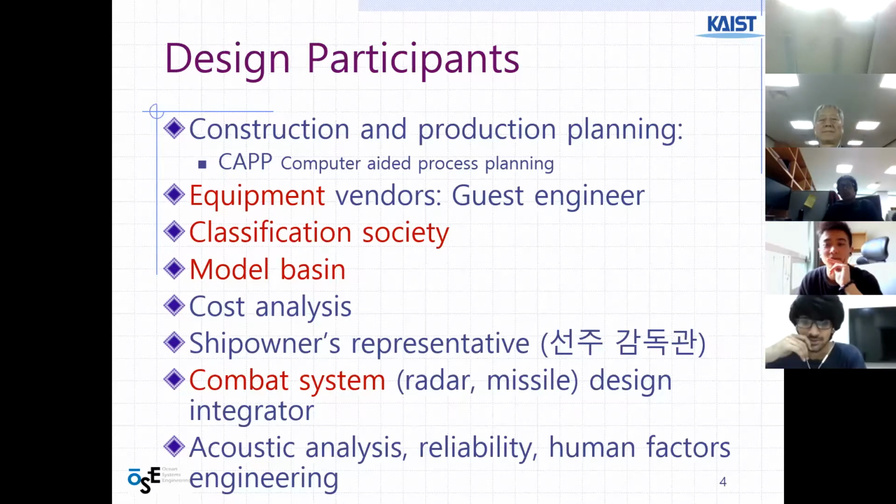And the assembly is like a welding procedure, so it takes a lot of time. So all of this